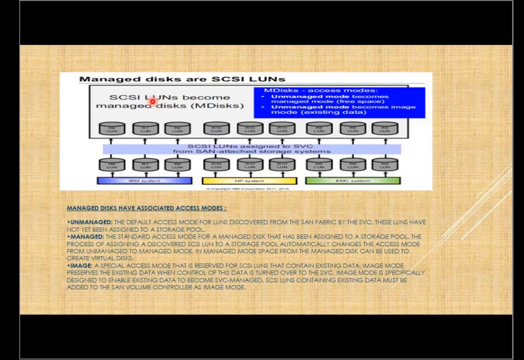Okay. Now, if you see an MDisk in a managed state, it will indicate that that specific MDisk is part of the storage pool. That is easy to understand, correct? Now, another state is called image. That is a little different. Now, this is one of the things that we need to understand from our migration perspective.